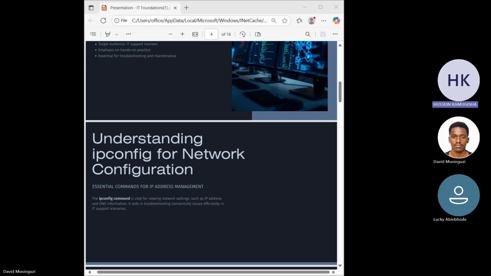I might say, if you are hired into a new company, let's say as an IT specialist, and they give you access to all the machines or computers in the company, you might use this command to see the IP addresses for specific machines or computers in order to know how to reach them and to give them your own IP addresses.